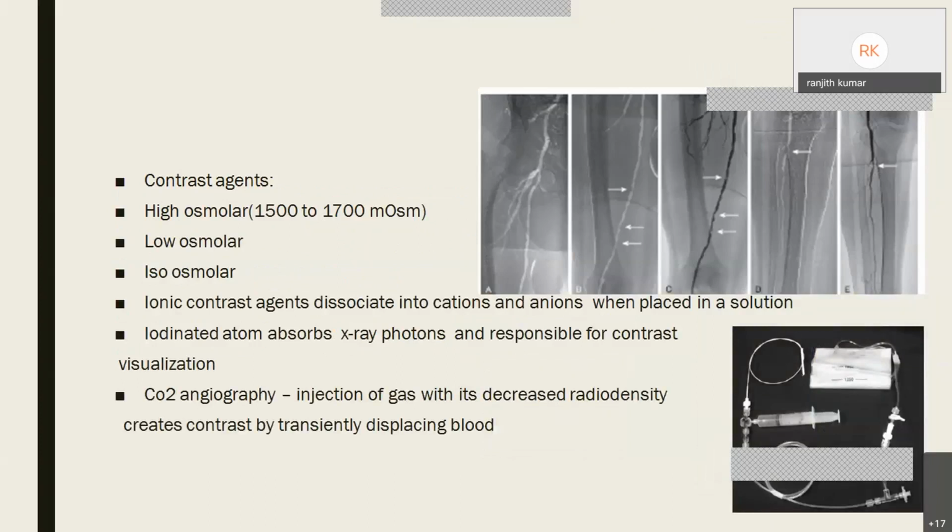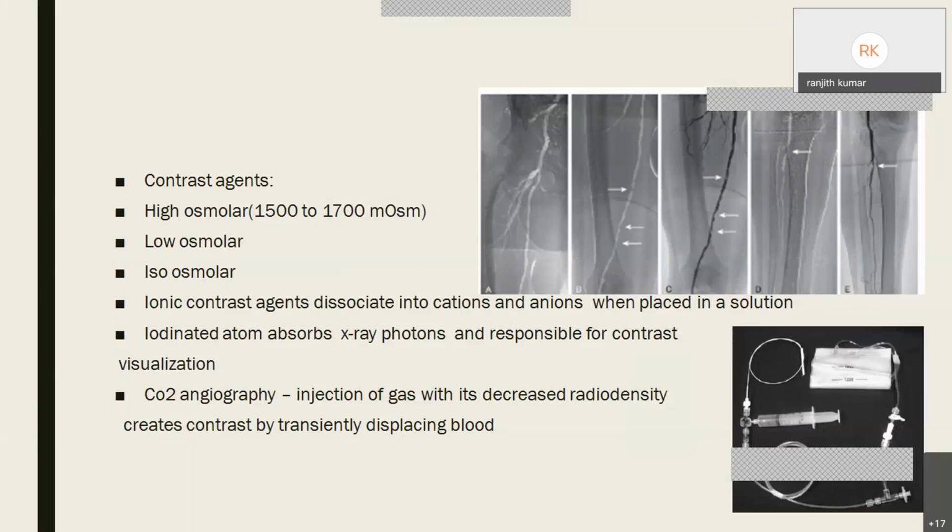Coming to the contrast agents, high osmolar contrast agents were used earlier, and these are ionic and are obsolete at present. Low osmolar and isoosmolar contrast agents are being used presently, and the incidence of CAN with both the low and isoosmolar is almost similar. And here the ionic contrast agents dissociate into cations and anions when placed in a solution,